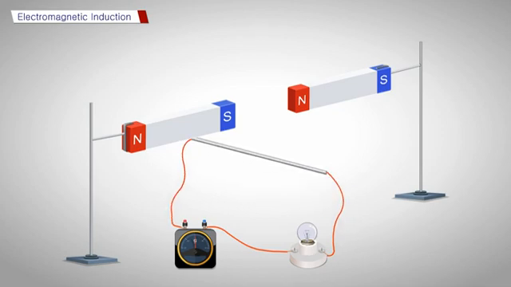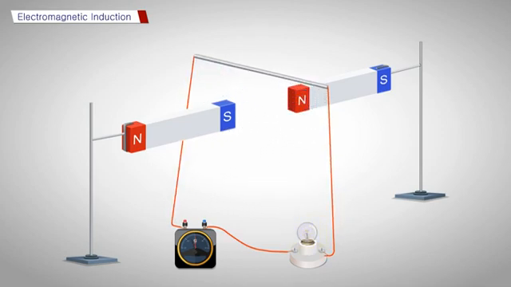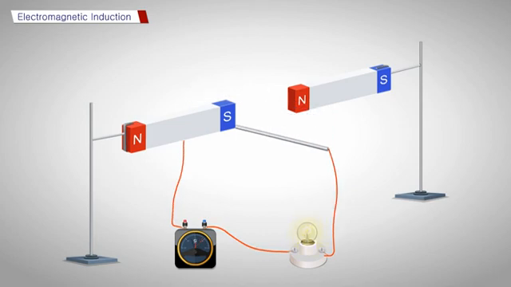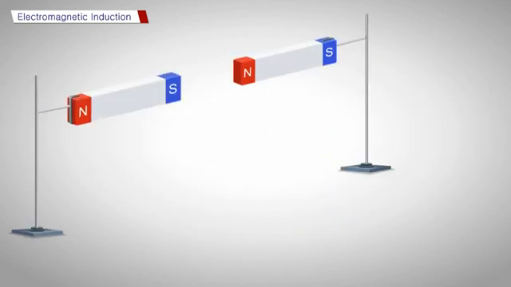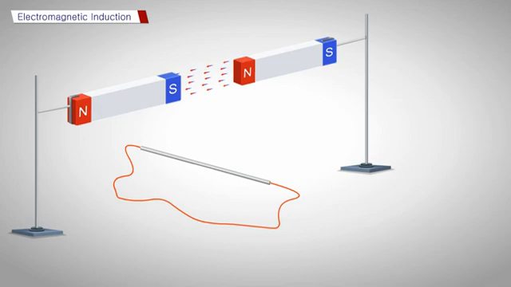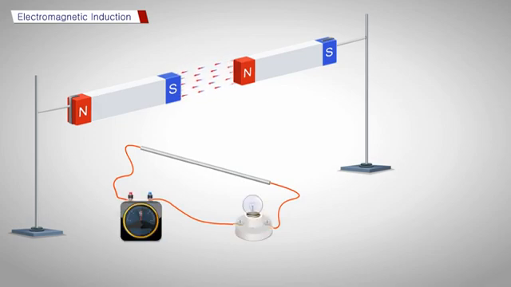We shall see that an electric current is induced when a conductor is moved in the magnetic field. For that, take 2 bar magnets. Arrange the north pole of one magnet facing the south pole of the other magnet, as shown. If you use an arrangement like this, then at least near the center of the magnets, the field will be pretty straightforward. Take a wire and connect it with a bulb and galvanometer in series. You will observe that the bulb is not glowing and even the galvanometer is not showing any deflection.